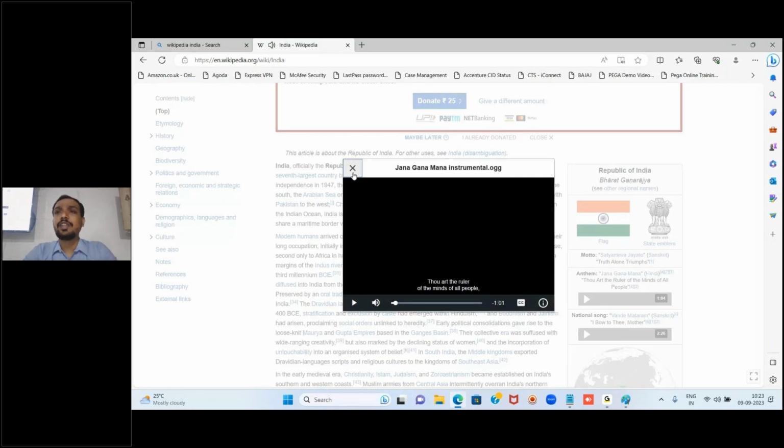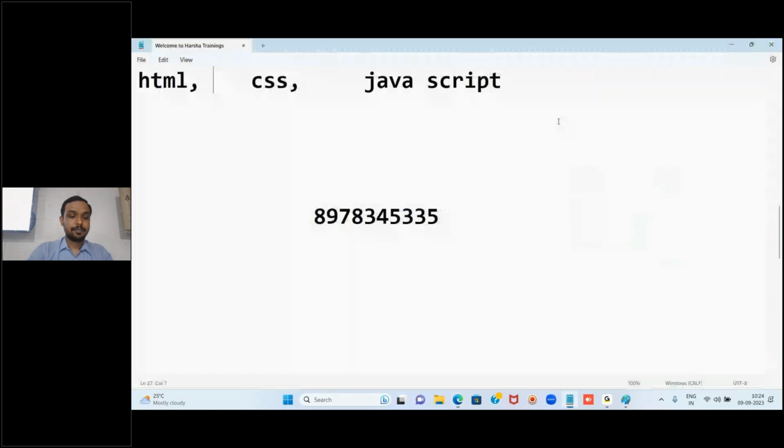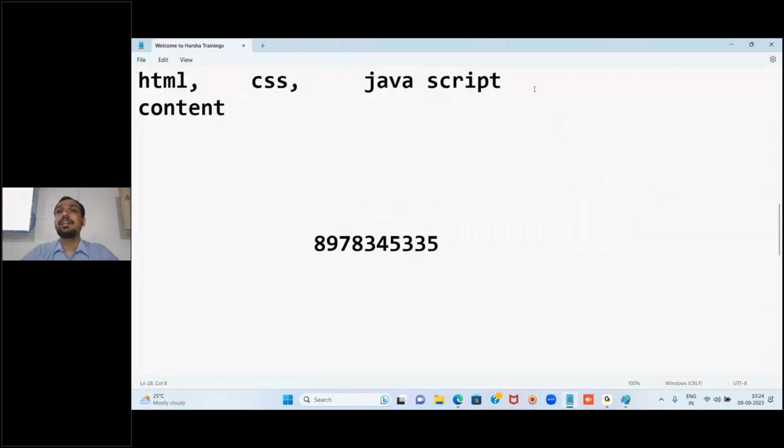So like that, this is one site. If you open youtube.com, that is also a website. What content does it contain? Videos, images or videos. So like that, we will have different content. So HTML is responsible for adding content to your page. Understood, right? Any content you see with your eyes on any web page can be added only with HTML. Forms also fall into the category of content added with the help of HTML. You have to do registration in Gmail. You have one form. That form is also content created with the help of HTML.